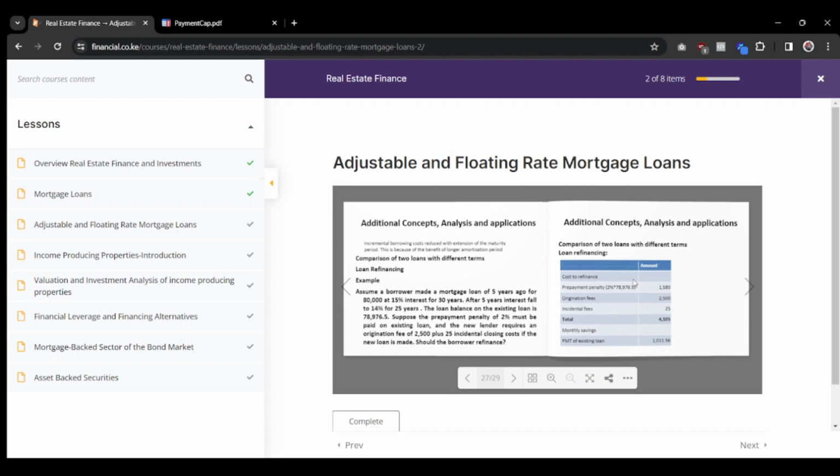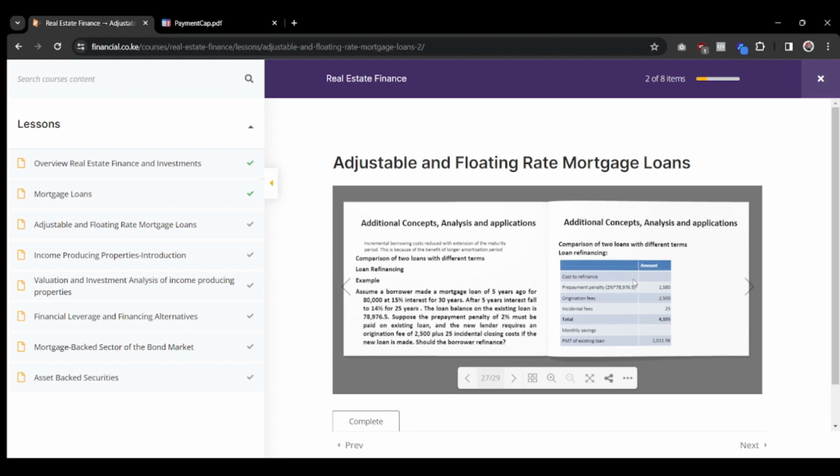The loan balance on the existing loan is 78,976.5. Suppose a prepayment penalty of 2% must be paid on the existing loan, and the new lender requires an origination fee of